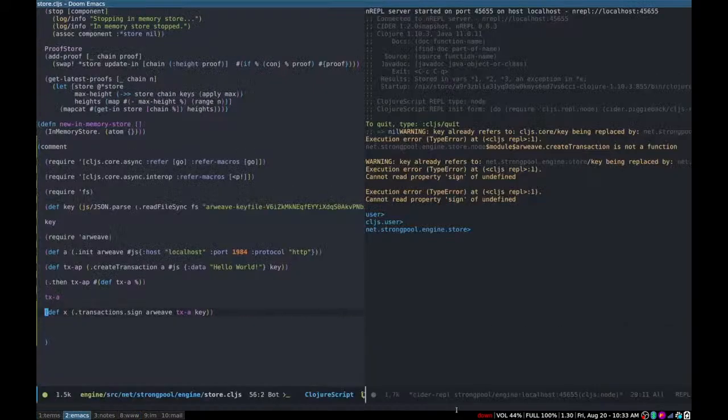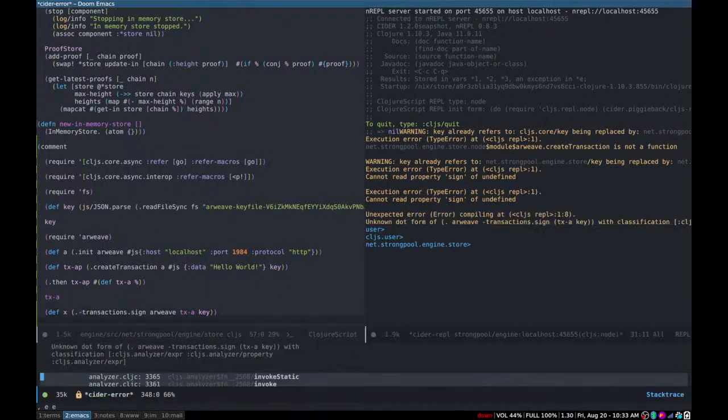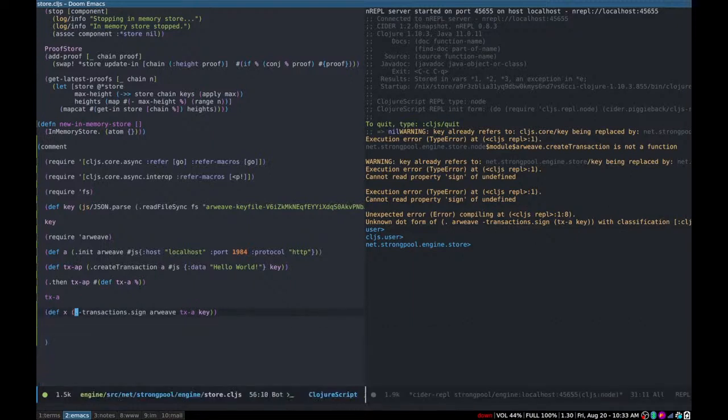Oh, I bet it's, yeah. Let me try this. Oh. I'm doing it again. I gotta use the instance instead of the... Okay. So